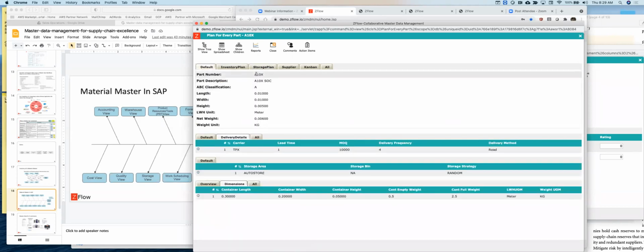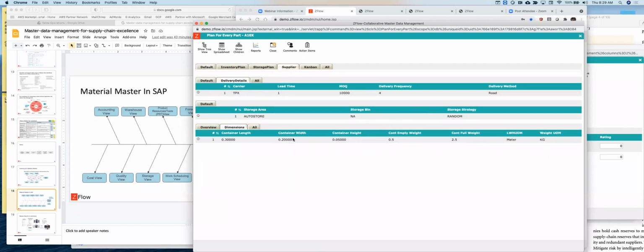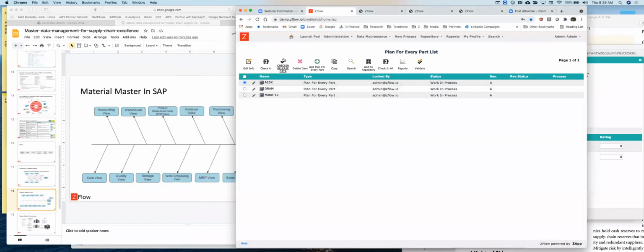So here in this case, this is an A10X SoC that is being supplied by Intel from their Taipei DC to our factory. It's probably local. They're doing it like 4 times a day, with these order quantities, and they'll be doing this in this container, right? So this type of additional assessments and analysis and data sets would be extremely useful to complement what we'd call your core workflows,